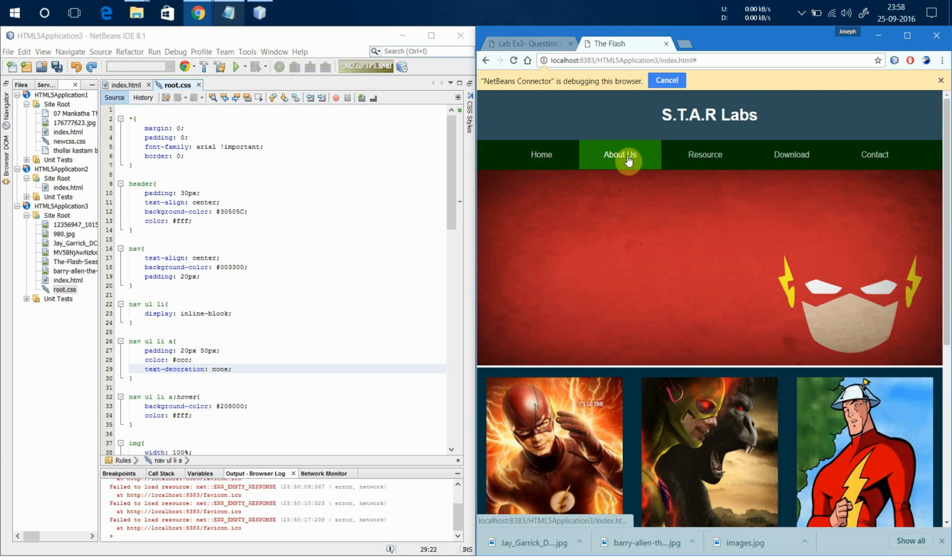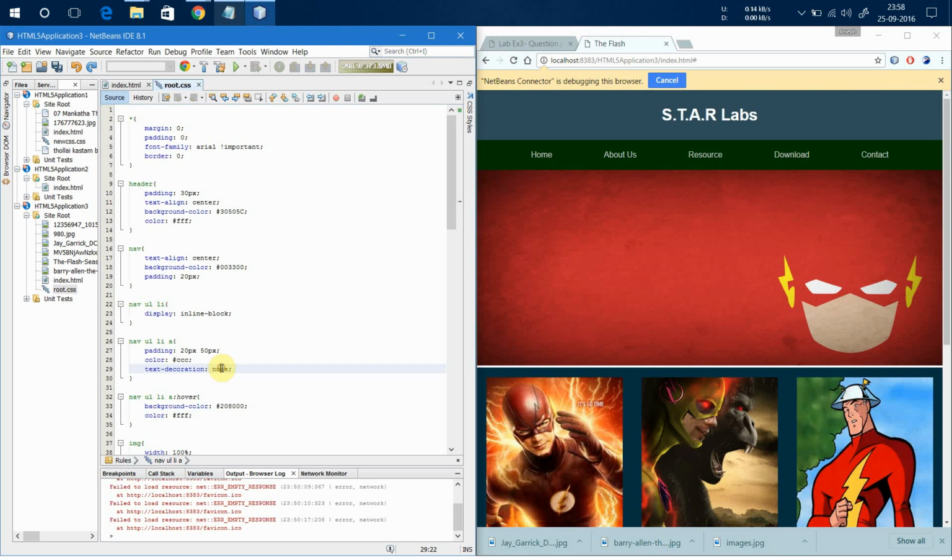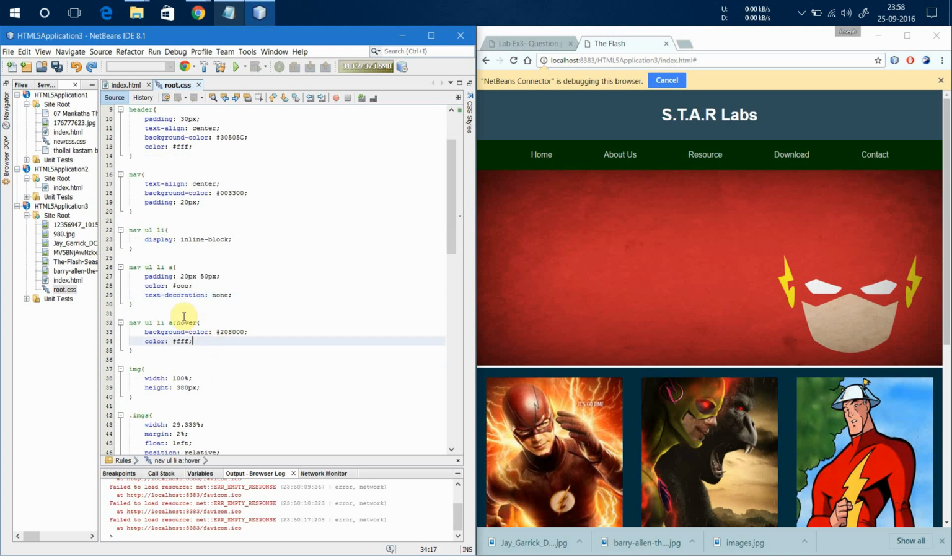So that's it for the navigation bar. They have asked us that when we hover the mouse over the navigation bar, the background color and text color should change. So see, the background color and text color has changed when we hover. For that we have used the hover pseudo class. With the use of pseudo classes, whenever we hover the mouse, whatever should be done can be given inside the